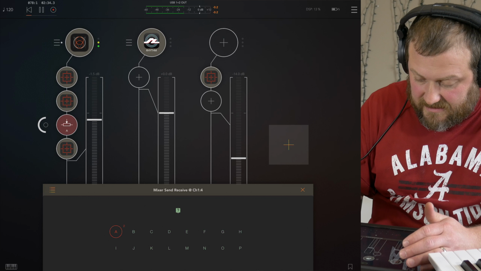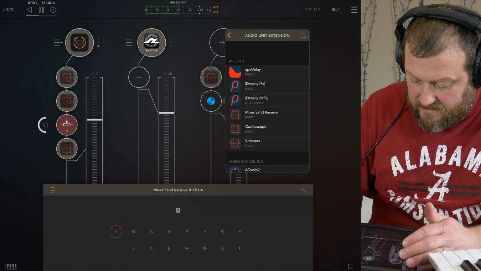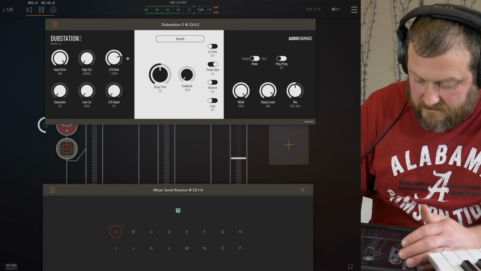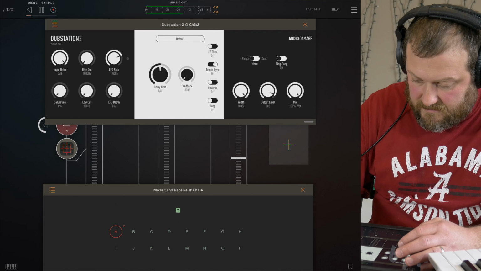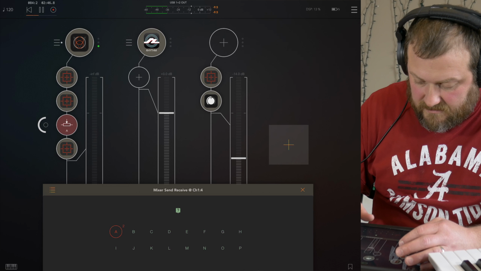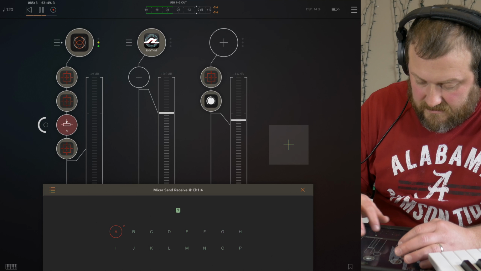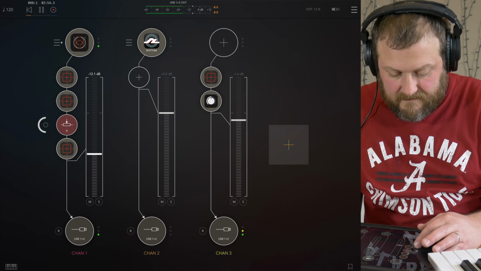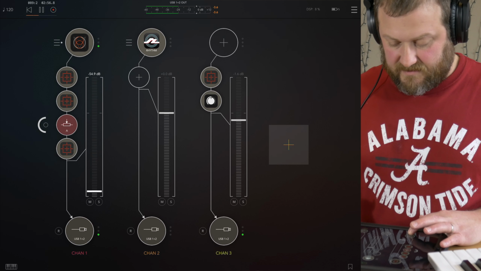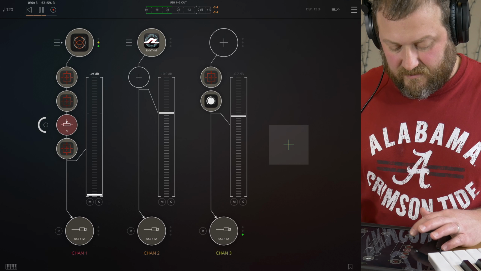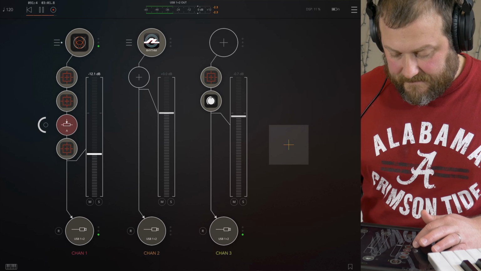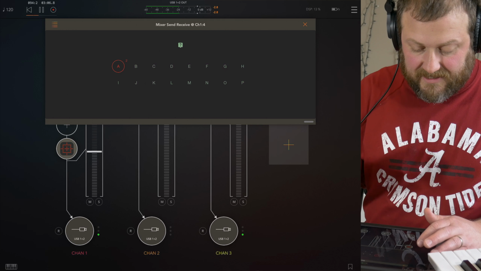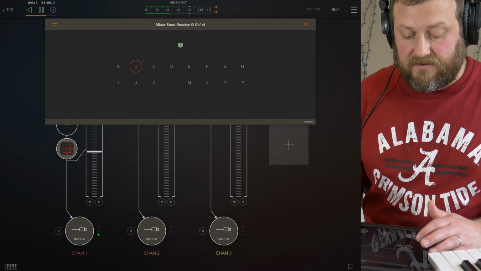So let's just get out of that one and let's do a dub station. So we're only hearing the, so that's the 100% wet, and then we can bring in the dry as we want to. But it's just kind of cool, and so I don't have to have that. And if I want to kill it, I can do that. If I want to bring it back up,